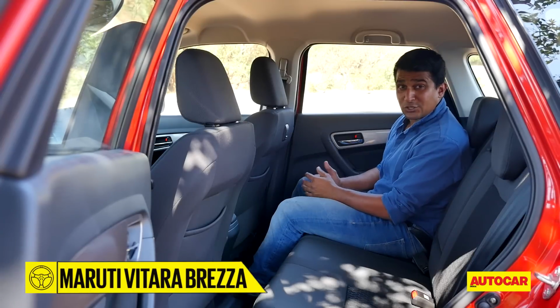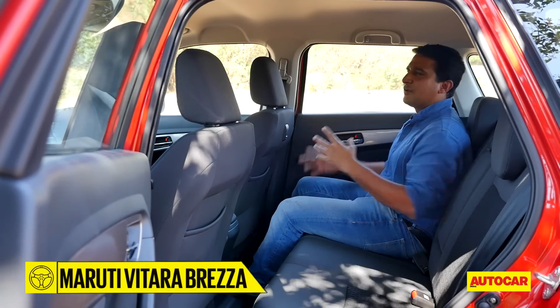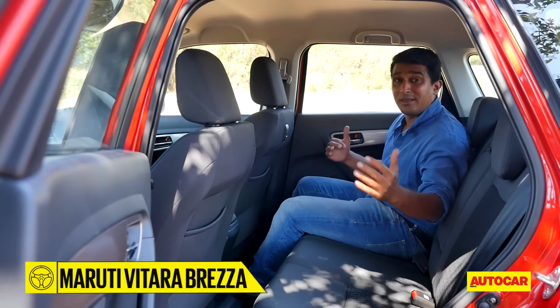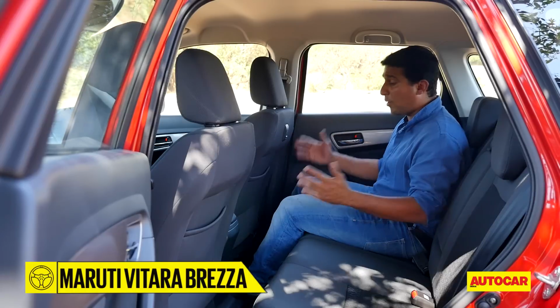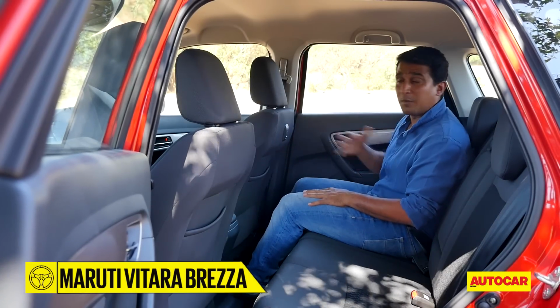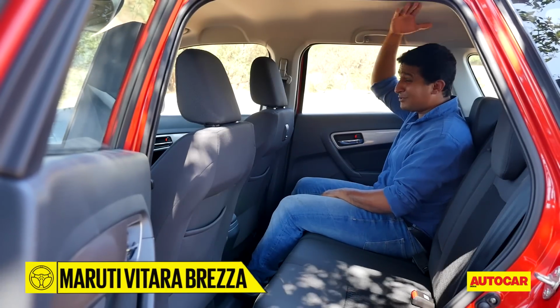Now, where the Brezza really scores is in terms of sense of space in the cabin. You've got great glass area, it feels very roomy because of that, but it isn't just that, it's the cabin width. It just makes it feel so nice and spacious. Three abreast, not a problem. That aside, you can see how much knee room is there on offer here. The driver's seat is set to my position, so even taller passengers can be accommodated here,